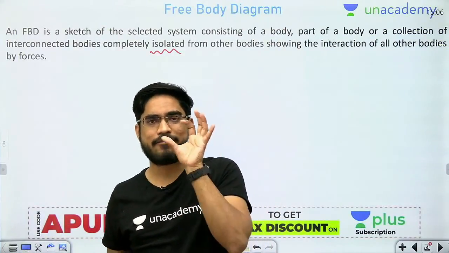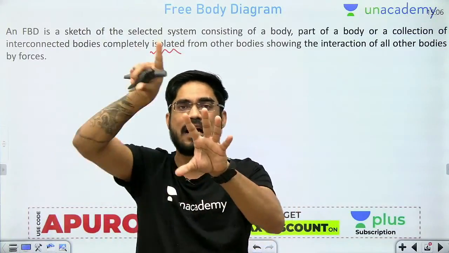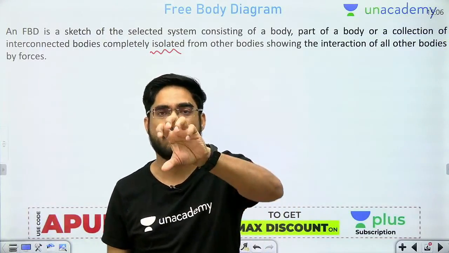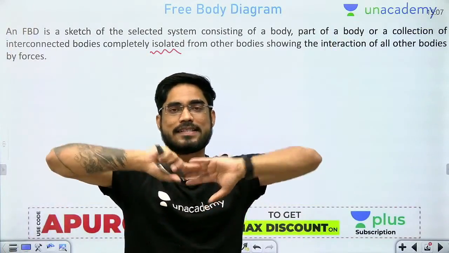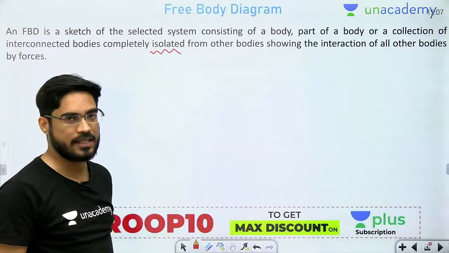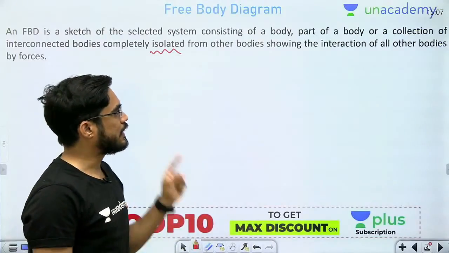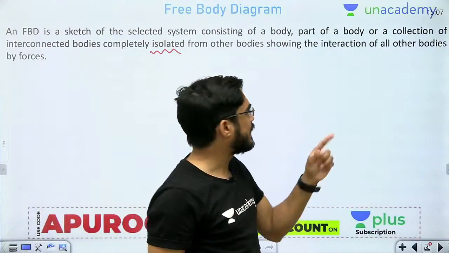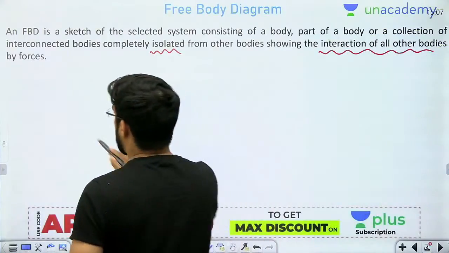So if I am drawing the FBD of this body, it means I am isolating this body from all the other bodies. मुझे इस बॉडी को अलग से सेपरेटली ड्रॉ करना है, बाकी सारी बॉडीज से सेपरेट करना है. ओके, सो आई नीड टू आइसोलेट दैट बॉडी फ्रॉम अदर बॉडीज. एंड व्हेन यू आइसोलेट दैट बॉडी फ्रॉम अदर बॉडीज, देन द इंटरैक्शन ऑफ ऑल अदर बॉडीज यू हैव टू शो